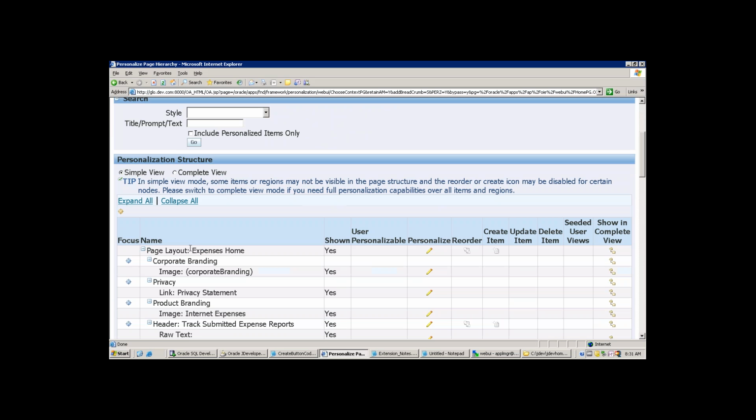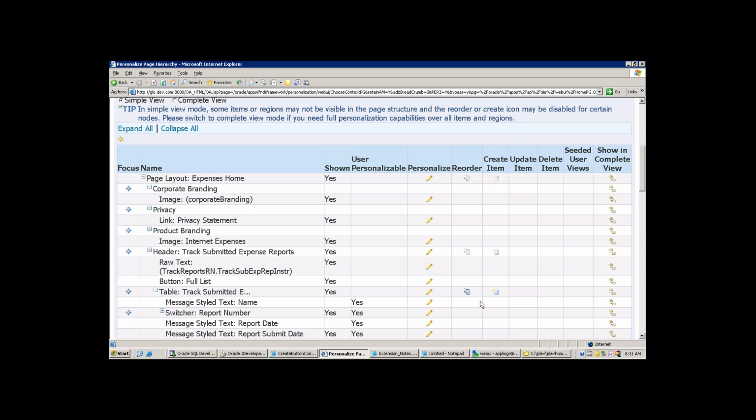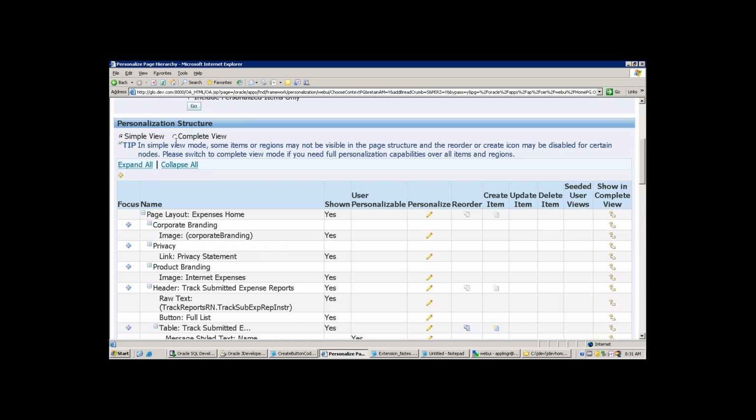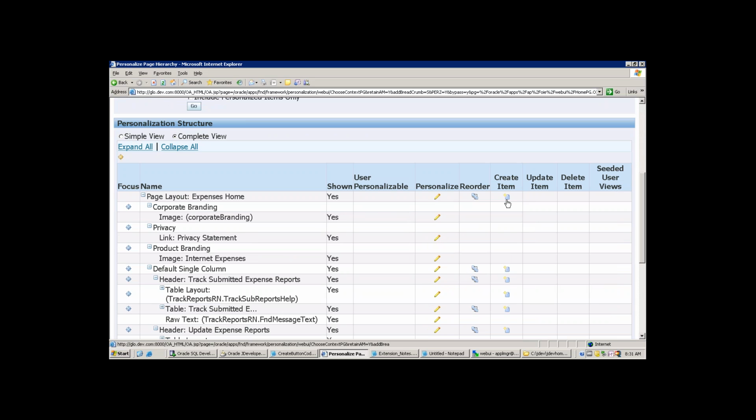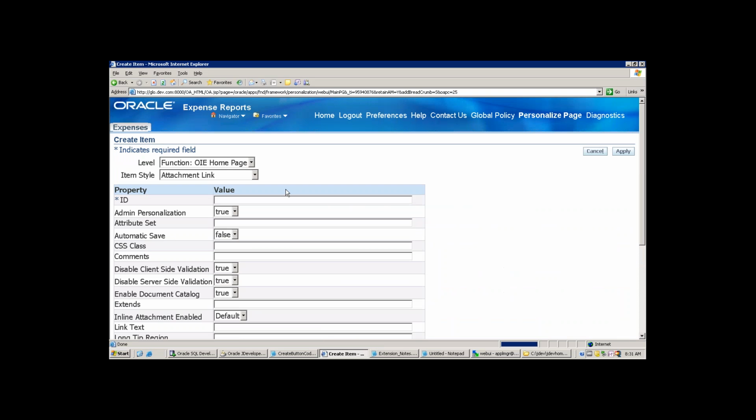Now always choose complete view, because without clicking on complete view, it will not show the create item option at some levels. The create option is enabled only at a few levels, not at all the levels. If you just click on complete view, it will enable the create option at all levels. Now click on create item. So I'm creating at the page layout level, nothing but that component will be shown down below, as per my understanding. What I want to do is just create a button, so I will create at site level,